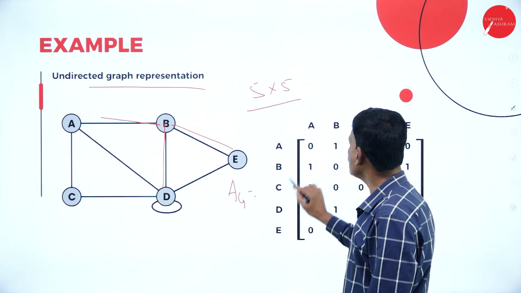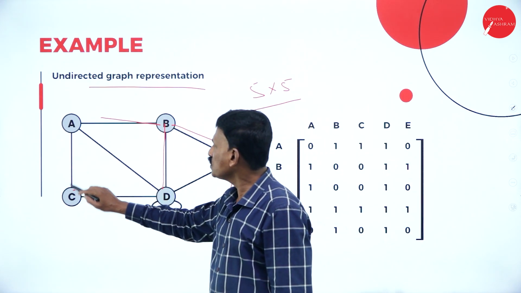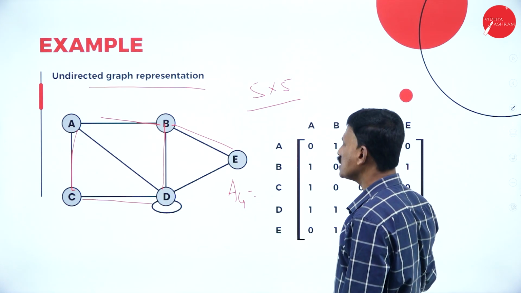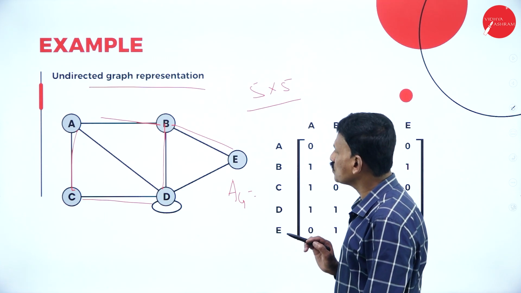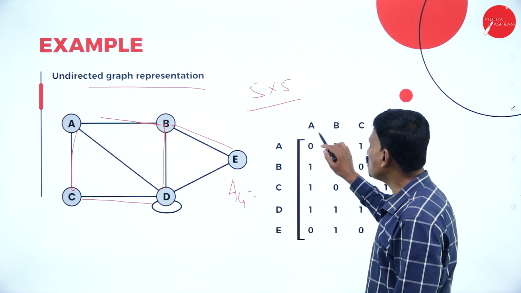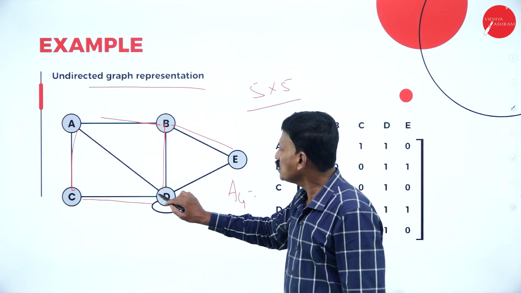Similarly, if you come to C to A, from C to A it is 1, C to C is 0, again C to D is 1, and C to E is also equal to 0. If you come to the fourth row, that is D to A is 1,